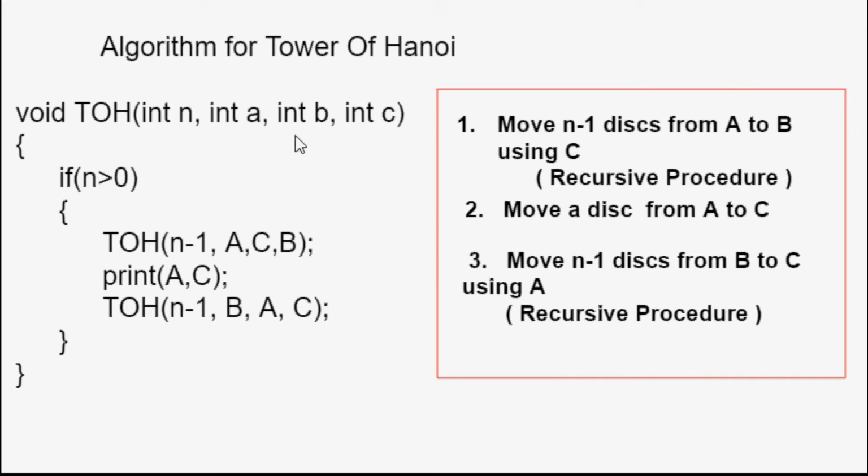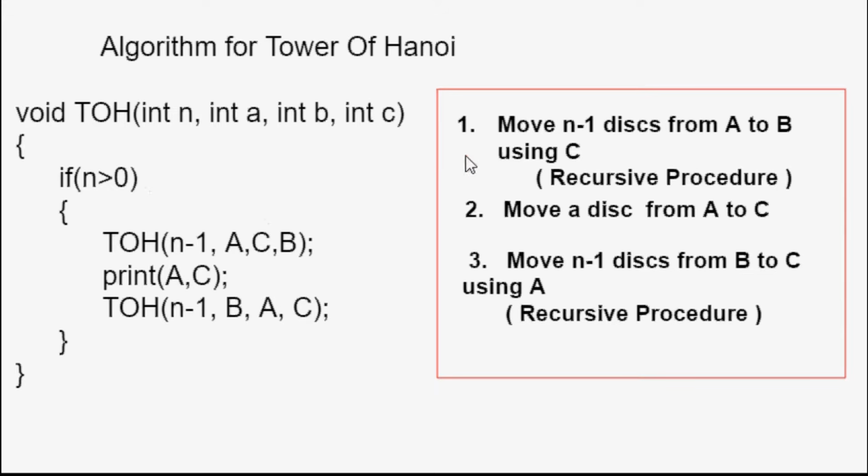Now, till which time are we supposed to move a disk from one tower to another? Till there are disks. Till there is a disk present on one tower. That means we are supposed to move a disk only if the disk is present. So if the number of disks is greater than 0. If it is equal to 0, we are not supposed to do anything, right? If we do have a disk, only then we can make a transfer.